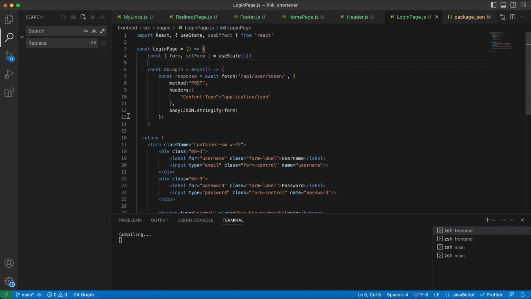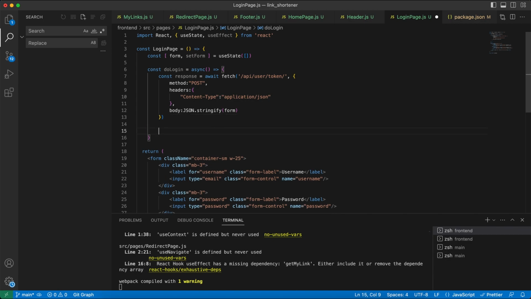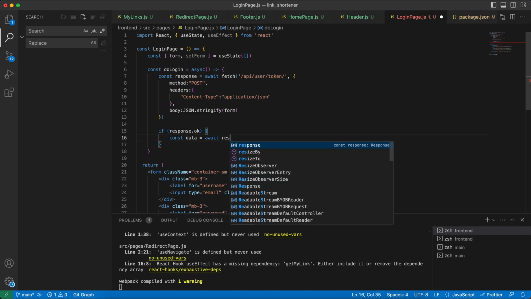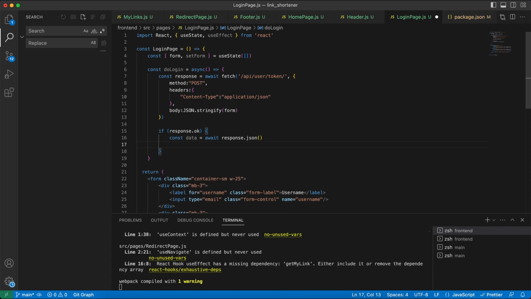Okay, then when we get the response, if the response is okay, it means that we have an access token. So we just need to get the access token, JSON,